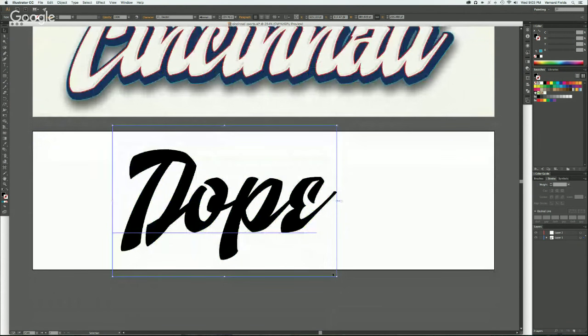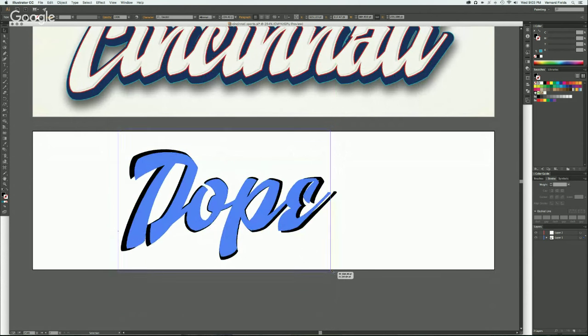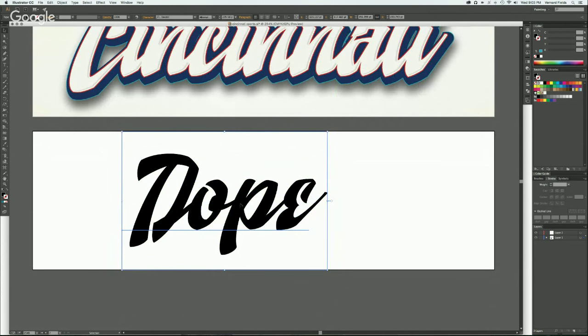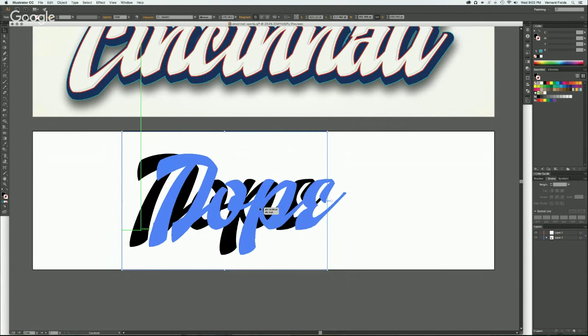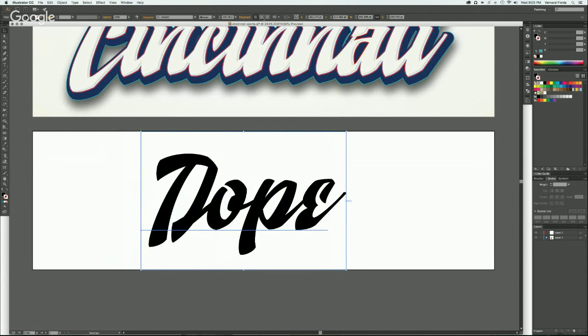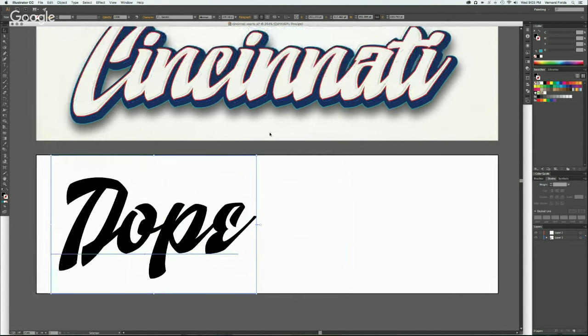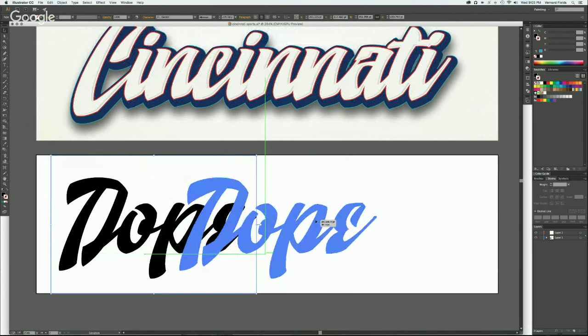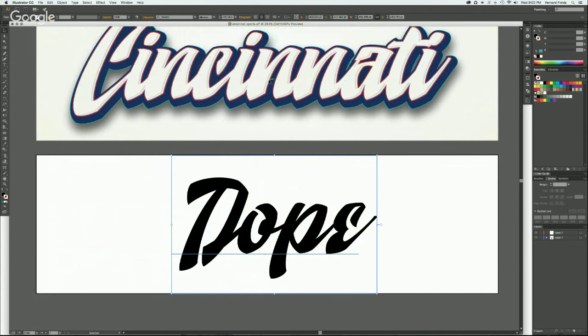So that looks to be a decent size. Let's shrink it down just a little bit because we are going to put a drop shadow in there. Okay, and let's center it up. Let's go ahead and pull this to the center. All right, cool. Okay, so the font that I'm using, just to let you guys know what I'm using,